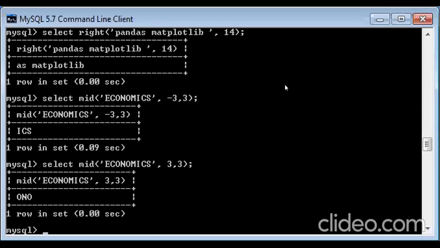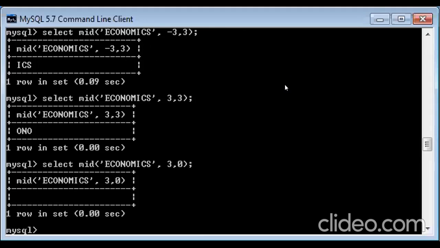Is it clear how we are using this mid function? Anyone any doubt with this mid function? This is similar to substring. And suppose I give 0 as the length, what do you think will happen? It was the same in substring. What will be the output in case of 0 as the length of the string? Null. Yes, it will be null. There would be nothing because there is no space. And if I take the position itself as 0, what will happen? Null again. It doesn't matter whether you give a length of 3 or 4 or 5, it would be null only.